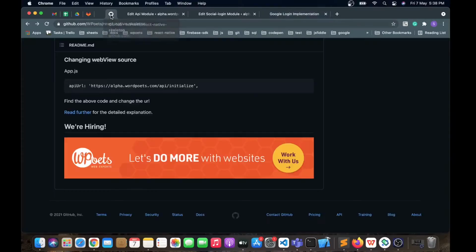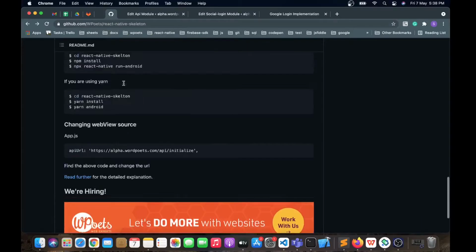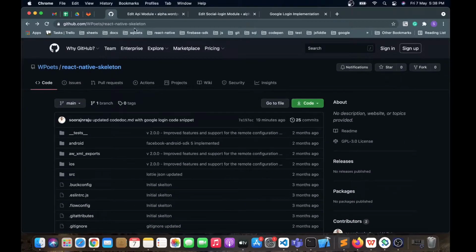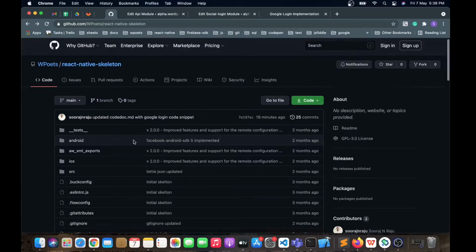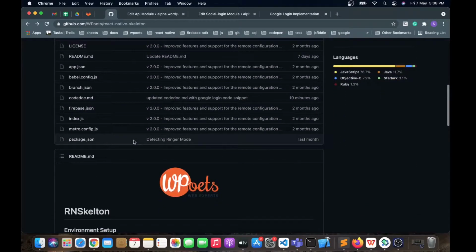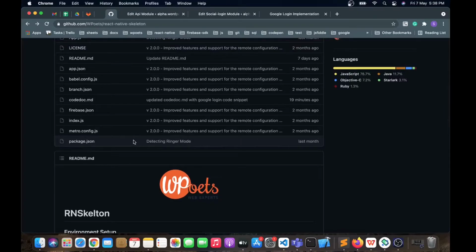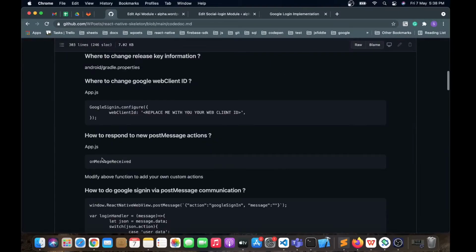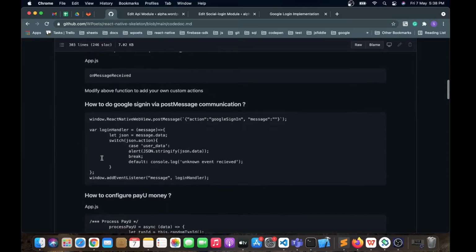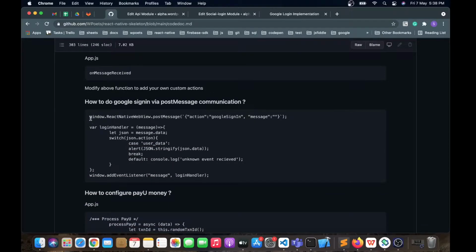For that, you can open our React Native skeleton from our wpoets account. Here you can see one codedoc.md. Please open that, and in this codedoc.md you can see one code snippet.